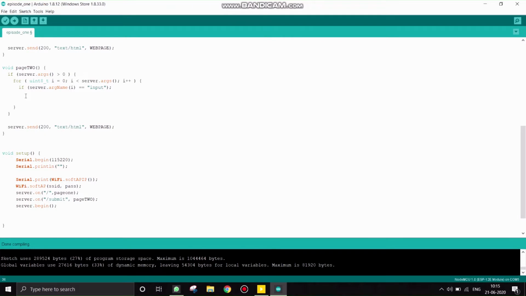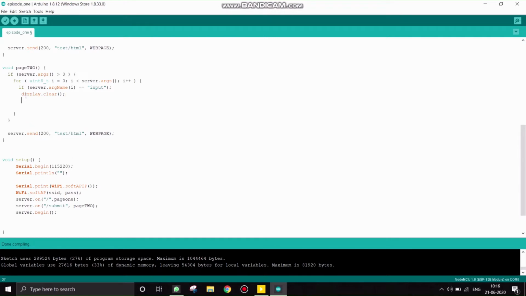And coming to void page 2, I will first clear the display, display.clear, and then display.drawString, and in that string at the location 0,0 I want to print the IP address as a side heading, "IP address",